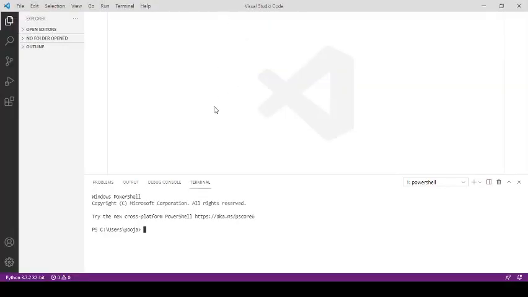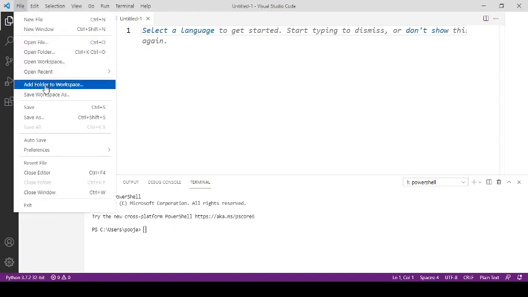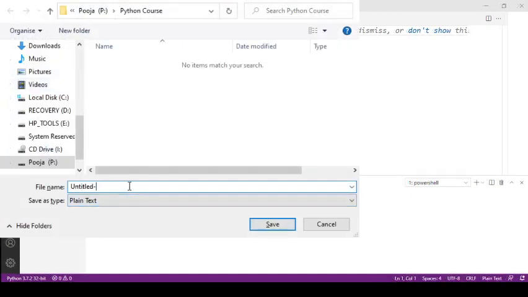Now open Visual Studio Code, click on File and create a new file. File with default name will be created. Now select File and save this file as Python file. Click on Save As. Now you can give name to your file.